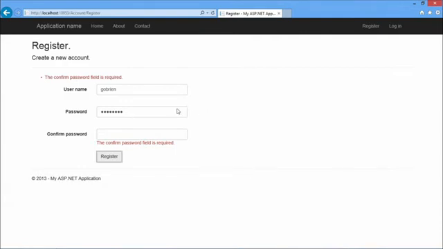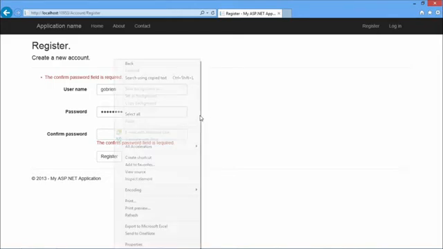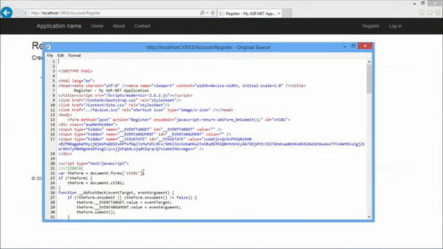What I wanted you to see was because I did not fill in the second password option, I now have some red text that popped up on the screen. One that says the confirm password field is required. And I see it in two different places here. And this is an example of some JavaScript code that was actually executed. If we right-click and go view source again,